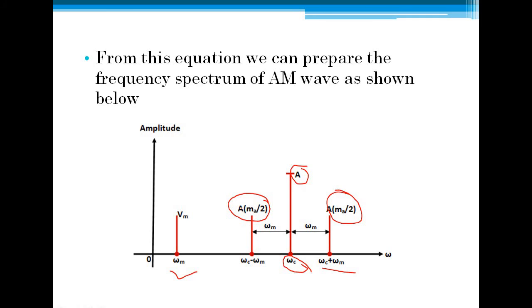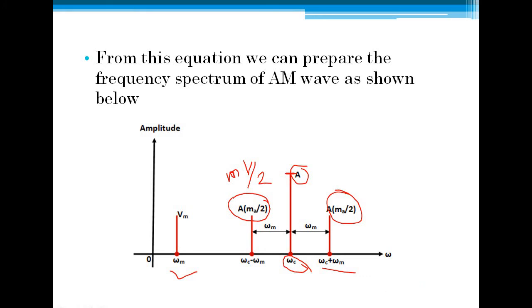mVc by 2, or this depends, you can write it as mV by 2, anything, where m indicates the modulation index, V indicates the voltage, and divide by 2 is the level. So the maximum voltage is assigned to the carrier, and your sidebands have a voltage of mV by 2, or mVc by 2, anything. So this is a representation of a DSB FC signal in the frequency domain.